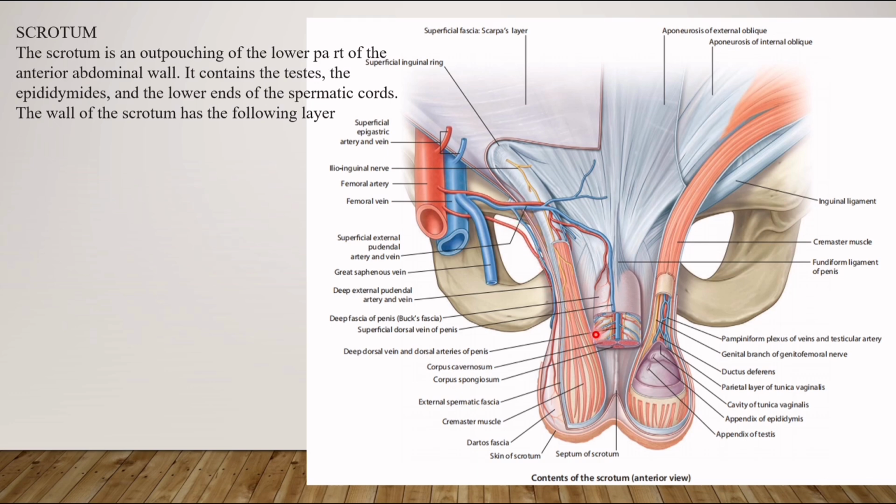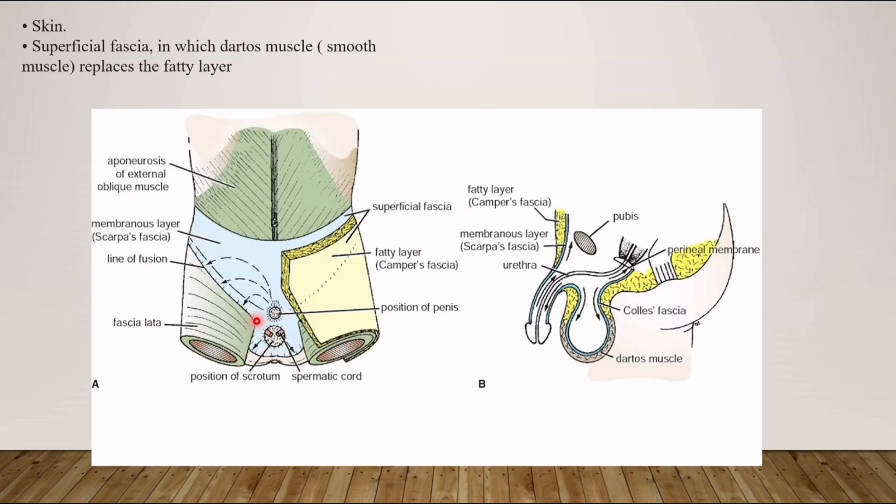So the scrotum is the lower end of the spermatic cord plus the testes, which is enclosed in the tunica vaginalis. So the layers which we pass through as we are going from superficial to deep in the scrotum is,